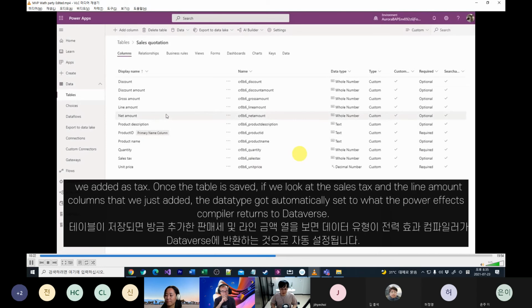If we look at the sales tax and the line amount columns that we just added, the data type got